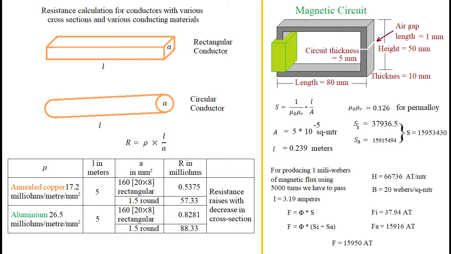We may observe from this calculation that the resistance of a conductor rises with reduction in cross section and also rises with a high resistivity material. Now let us move our attention towards the magnetic circuit. A magnetic circuit is similar in behavior in some sense, but behaves differently in some other aspects. As resistance is directly proportional to the length of the conductor but inversely proportional to the cross section, the reluctance of a magnetic circuit is also proportional in an identical way.